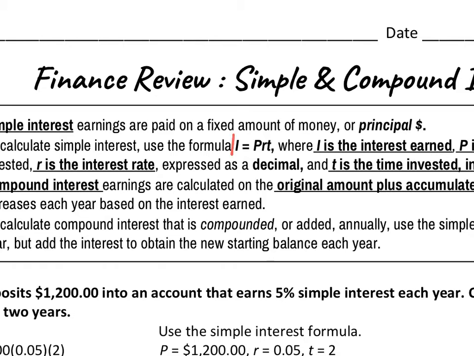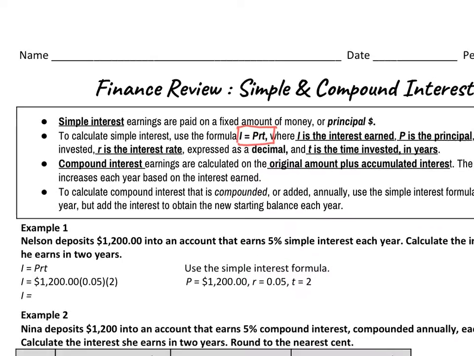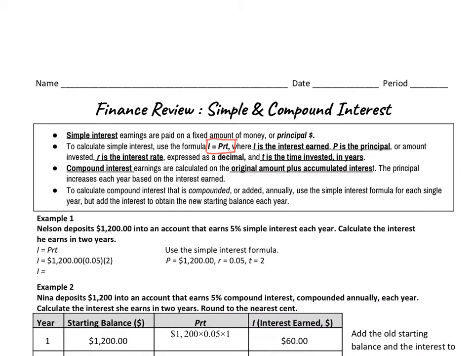Okay. This is the important formula. So big I stands for the interest earned. So that's just going to give me how much extra money I have to pay back. So if I borrow $500 from Kason, he's going to charge me whatever interest rate he's going to charge me. And then I'm going to multiply it by how long it takes me to pay him back. And then that money is going to be the interest that he earns. So in the end, he's going to get $575. Does that make sense? So he would get the amount of money that he let me borrow plus the interest